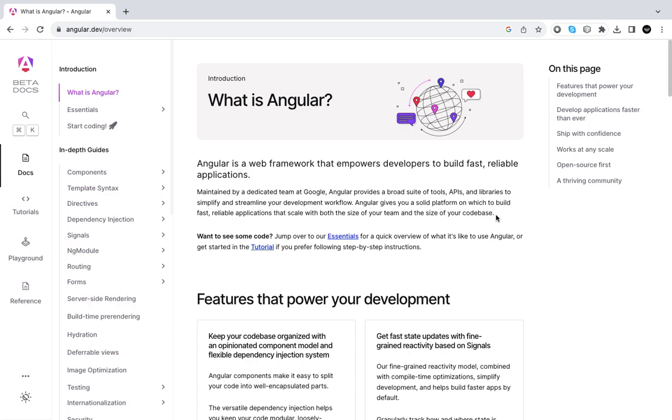So the scalability of this framework essentially covers both the actual code base and also the size of the team, so you are able to support and add new features or support existing features, and also deliver the best experiences to your users and clients in your projects as well. So this is basically what developers have been looking for and longing for for the longest of time. And the fact that Angular has catered for such in terms of development, I think we would have